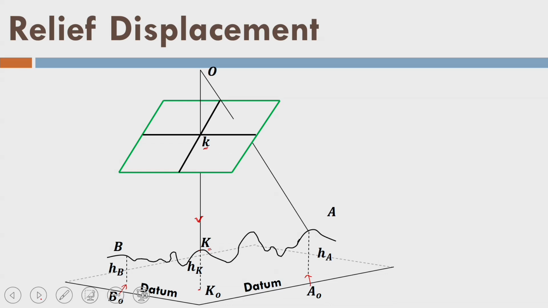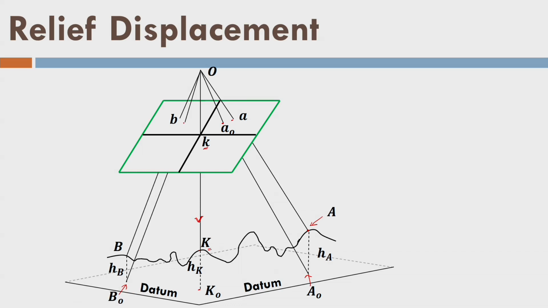Now, the point A here is imaged here, and that point I call a. Similarly, for point B, I call it b here, fine. Now, what if I make the image of point A0, which is at datum? It may not be visible to me, but still it will create an impression of A0 here. So, this point is my A0. Similarly, this point is my B0. Let me mark it B0, yeah.